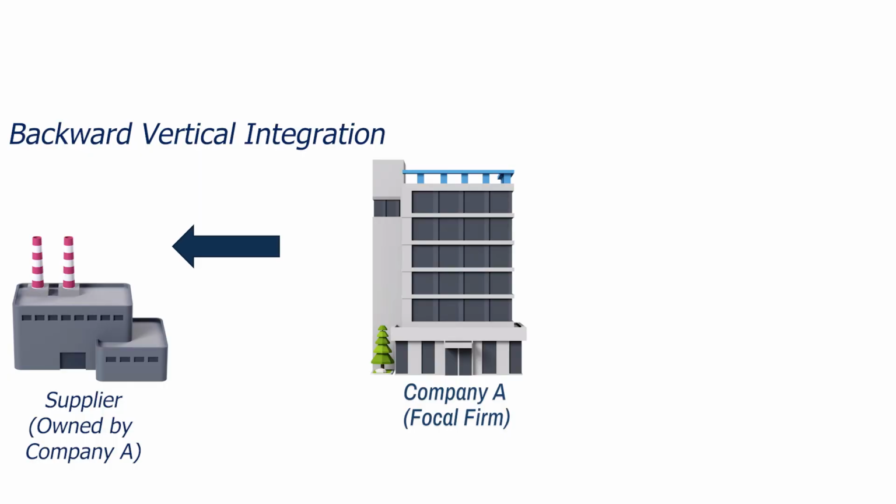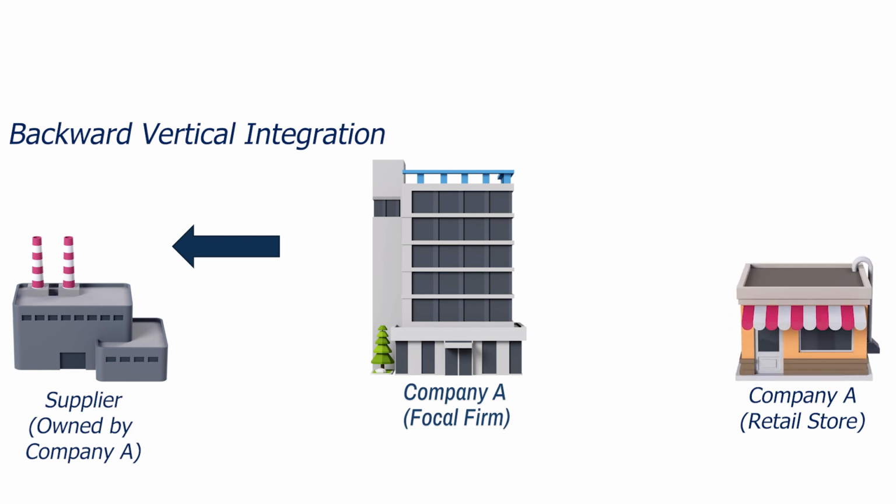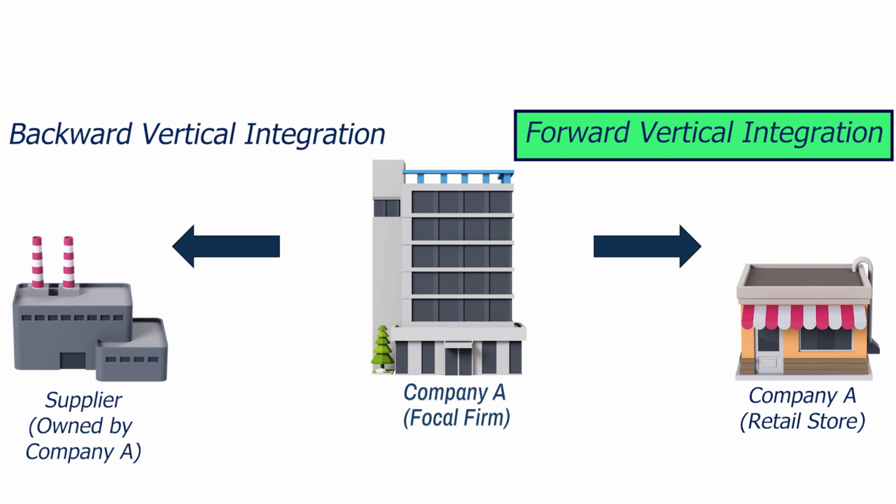Now let's look at the other end. Again, the focal firm now only owns the supplier. It doesn't own any retail space. So company A says, we're going to open 10 new stores and sell our products out of our own stores. And in doing that, they are implementing forward vertical integration because they're moving forward on the supply chain. Real simple concept, right? So think about it. This is all about the relationship to the focal firm, or the company that owns the final product.